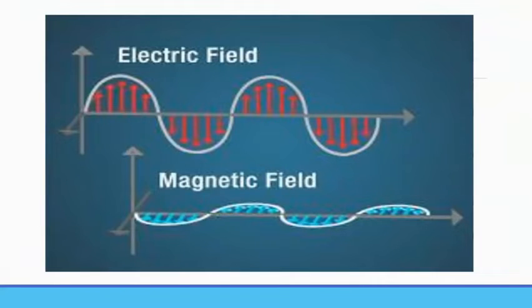Okay, so if you could see an electromagnetic wave, if you could slow them down enough to look at them, you still wouldn't be able to see them, but this is what they are doing. This is kind of a drawing of what's going on. We learned about electric fields and magnetic fields earlier in the course. Basically, an electromagnetic wave is an electric field which is always changing. And whenever an electric field changes, there's always a magnetic field changing. And whenever there's a magnetic field changing, there's always an electric field changing.